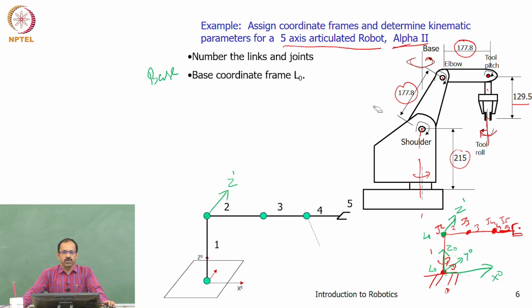Now x1 should be orthogonal to z0 and z1. Okay, so z0 and z1, it should be orthogonal. So I will take it like this. Since I took my first x in this direction, it is always good to take in the same direction. So it will be always along the axis. Otherwise, you will end up with the DH parameters differently. So this is how you can take the x1. So what will be y? Downward, right? So you will get a y axis like this.